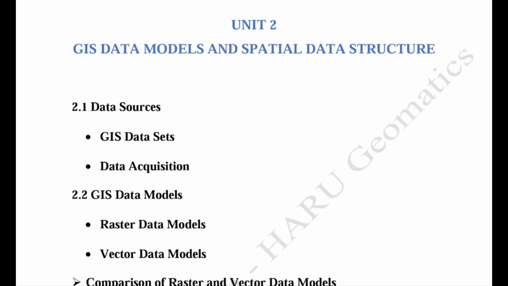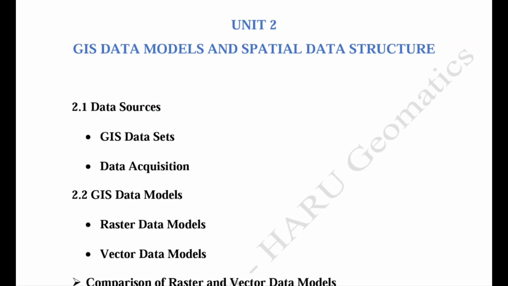Today we will start unit 2 in Prakash batch, and this is the important unit. As we know, the GIS has two types of data structure. First one is raster and second one is vector data. So these data are very important to understand, and what are the meaning of these data, and what data is useful for the GIS software.